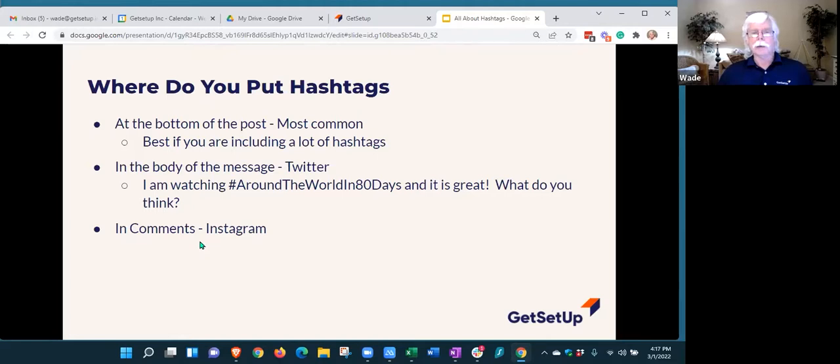Instagram allows you to put hashtags in the comments. That's not extremely common, but I think a lot of companies and businesses use that approach, so you don't see the hashtags in the actual post. They'll post something and then comment on their own post and put the hashtags in the comment. The reason for that is they think it makes the post look nicer. You don't have all those hashtags in there, which some people think look a little sloppy. So it's a way to get it out of your post, but still get the benefit of it. I don't think that works anywhere except Instagram.